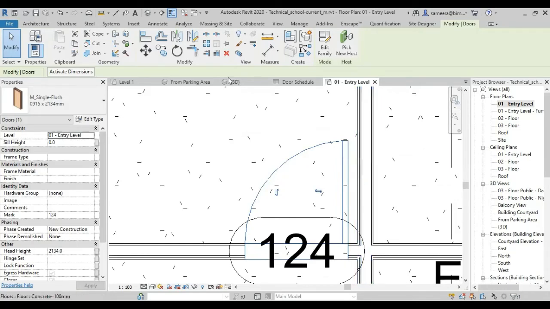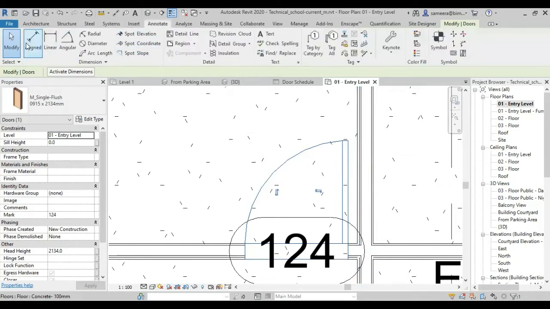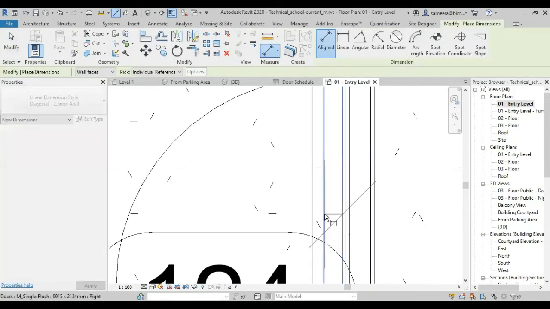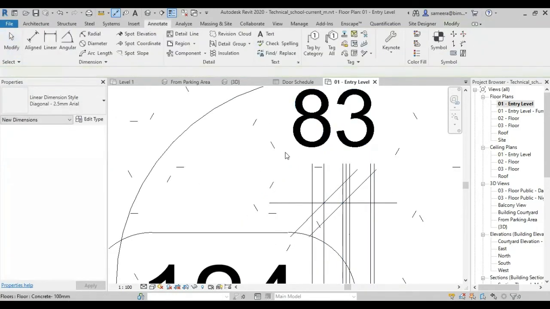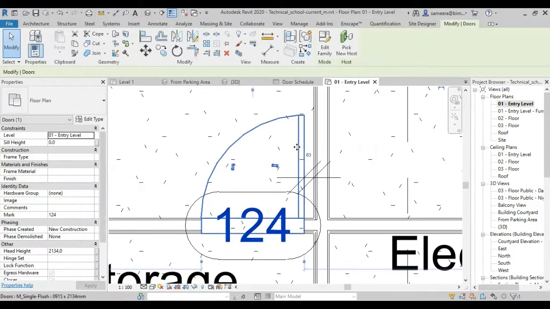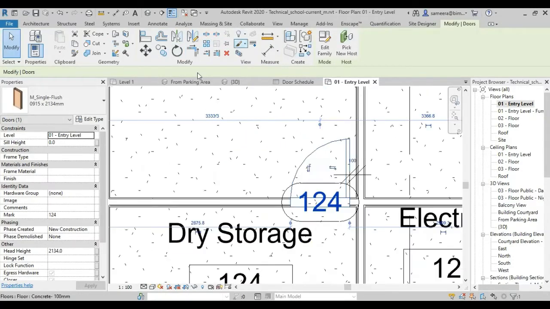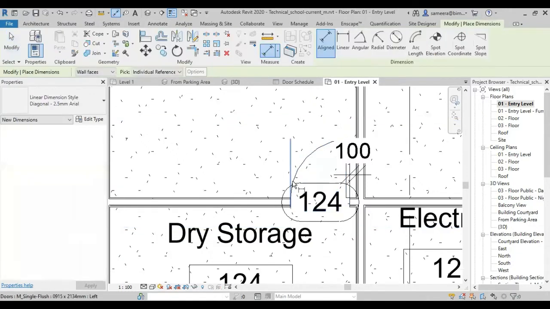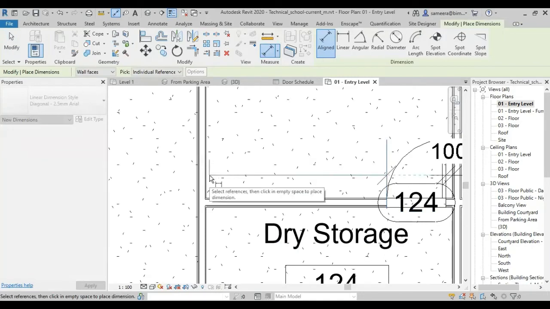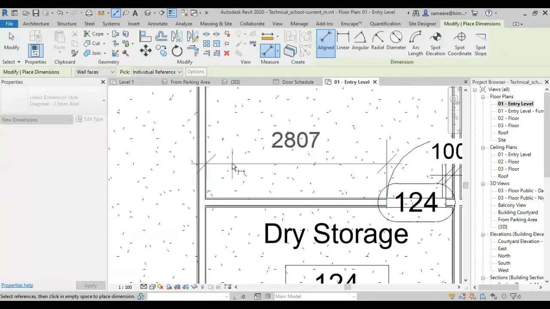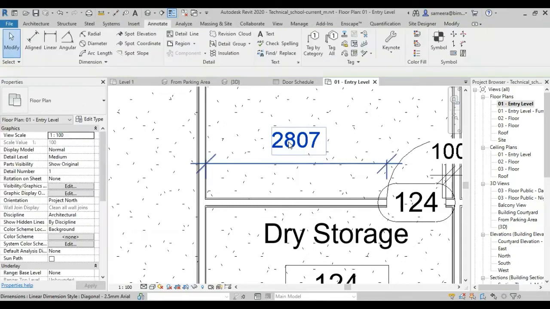Here you can see, if you need to make a dimension, go to the Annotate tab, choose Aligned Dimension, and you can make dimensions like this. Select the door and change the distance from the hinge to the finish of the wall to 100. So you need to change it like this. Then the questions can be like, what is the distance from this side of the door to the other end of the wall? So you have to make a dimension like this, locate the dimension, and enter the value in the exam window.